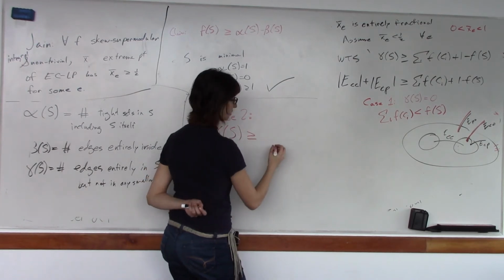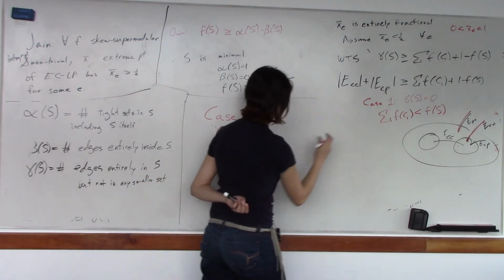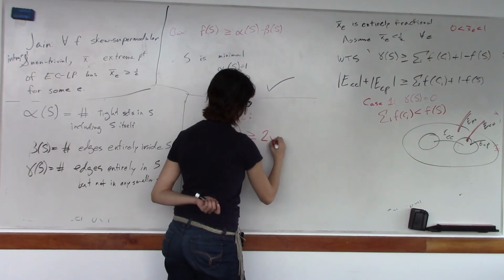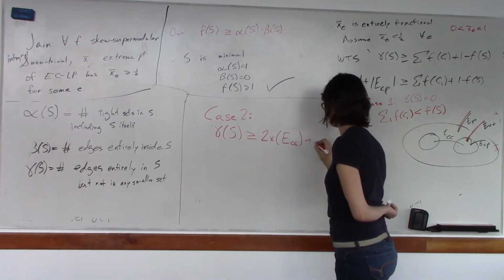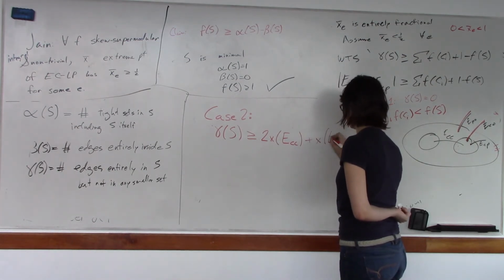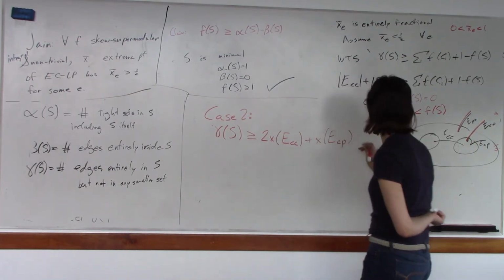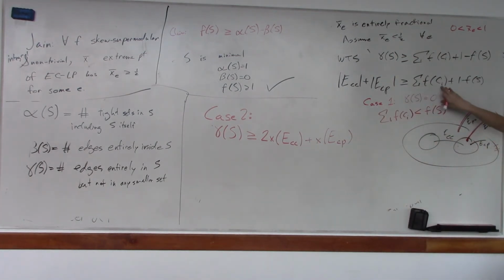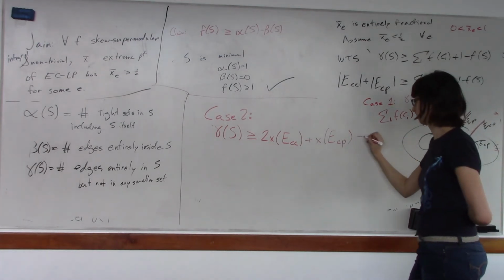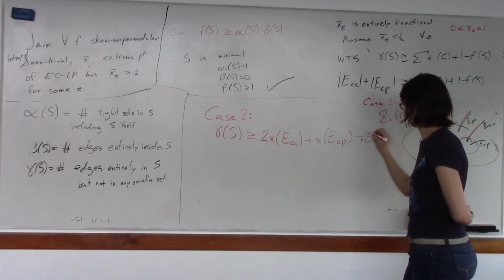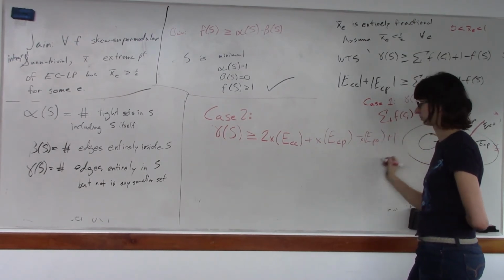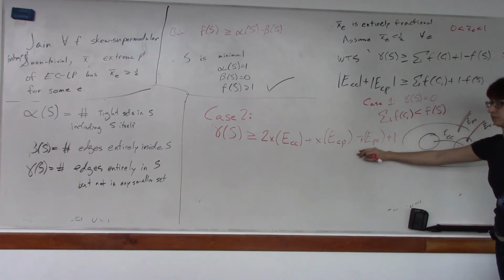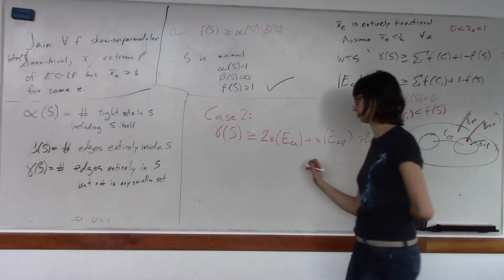We want to show that this is at least all the children stuff, so 2x of ECC plus x of ECP. This stuff will get added in the sum once and subtracted off here. We're going to get the stuff on the going out, and then we get our plus 1. This stuff is only negative, so